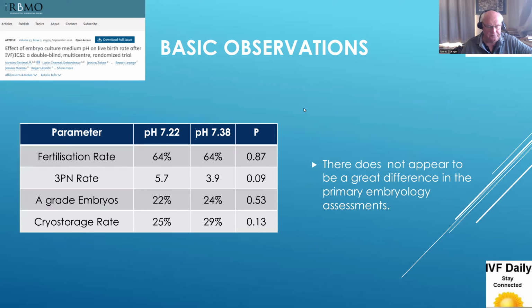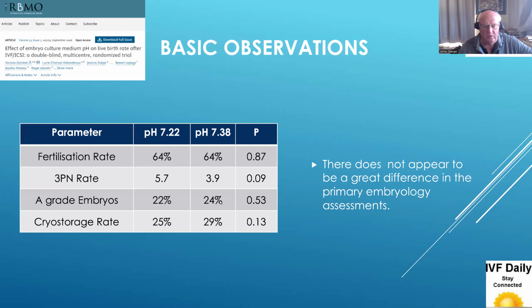And this is the data. So they had a pH that was set at 7.22, another one set at 7.38. So obviously they had 2 different incubators in each of the different labs, and they ran these in a randomized way. But the fertilization rate, this is for ICSI, remember, it's not for IVF, and so you want to make sure that when you're interpreting this paper and this video, we're only talking about ICSI, and the concept of IVF may be quite different. But in the ICSI situation, the pH had no effect on fertilization rate, no effect on the